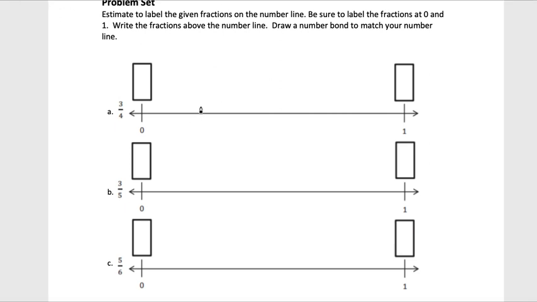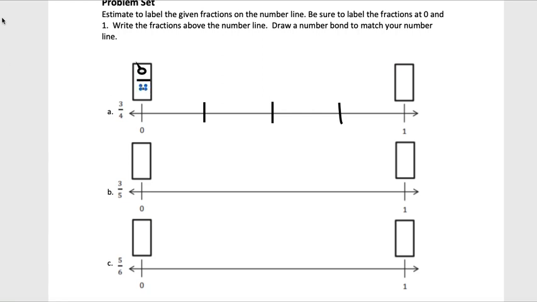Okay, here we go. So we know we're going to do fourths. So you should split this apart into fourths. I like to draw my middle line first. Okay. Now I have 4 equal spots. Now it says to label the fractions as 0 and 1. So we know that this is 0